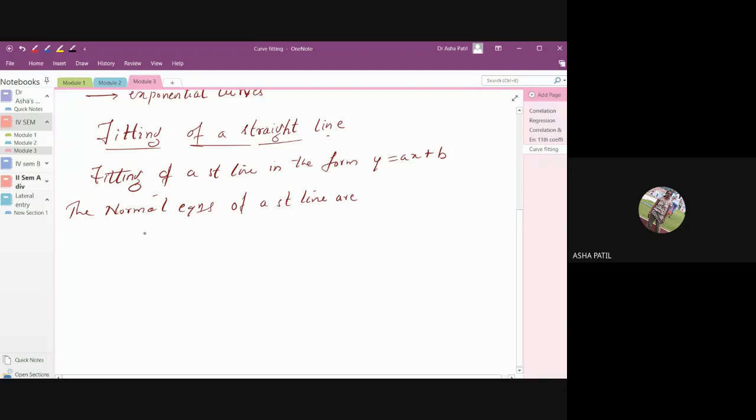first normal equation is summation y is equal to a into summation of x plus b into n. How did I get this? Just taking over the summation of this. Taking summation of this whole equation. Y is equal to ax plus b. Then we'll write summation y is equal to, and here if you take summation on this, a is constant,